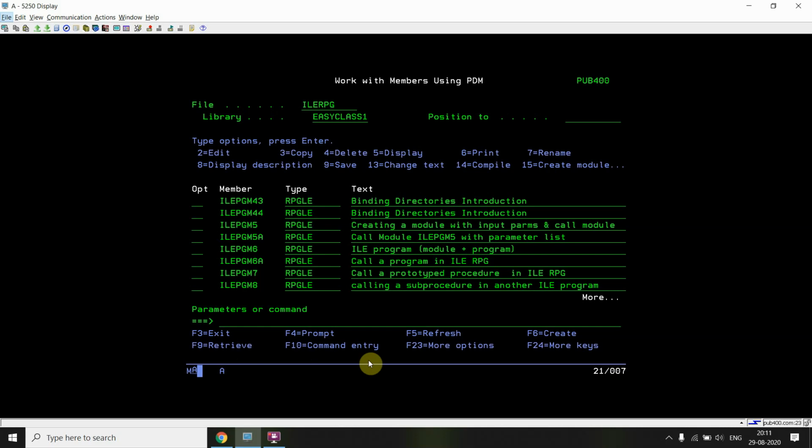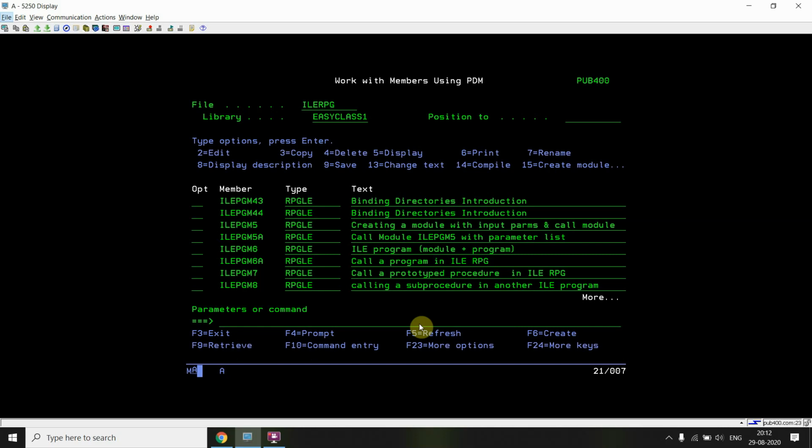So you will be further adding the ILE PGM43 module in case in real time, because that will again make your 43 service program. For example, if you need to compile it again, you won't be able to compile because you are not getting the definition. Okay, so you will be going in the same manner which you followed. Okay, so for example, if you follow to add the modules, you must add modules to this binding directory, or if you follow to add the service program, you must add service programs.